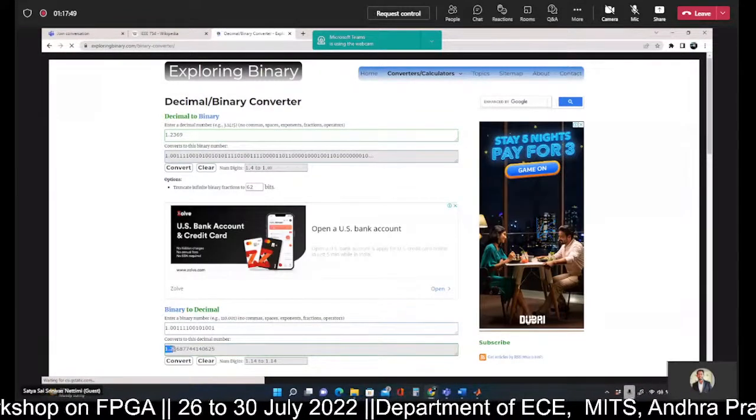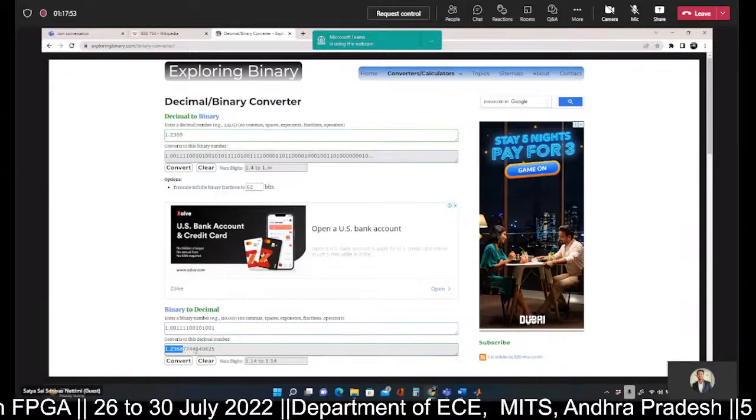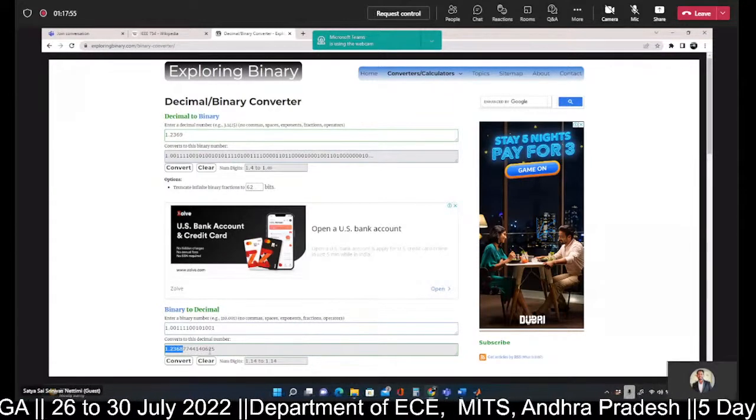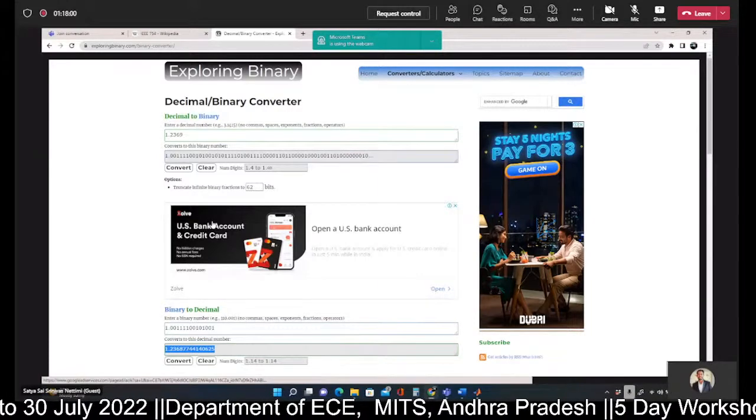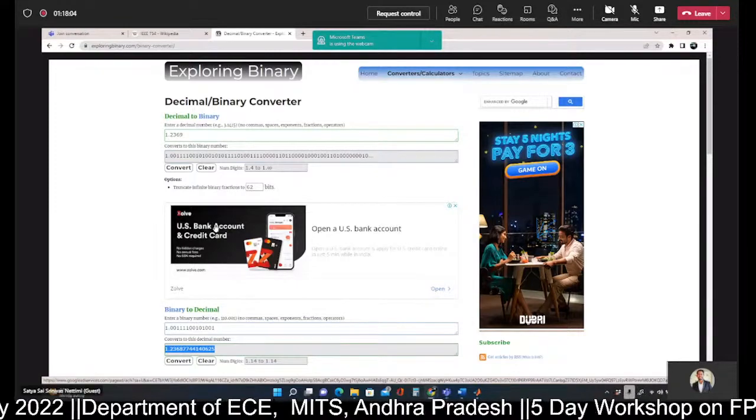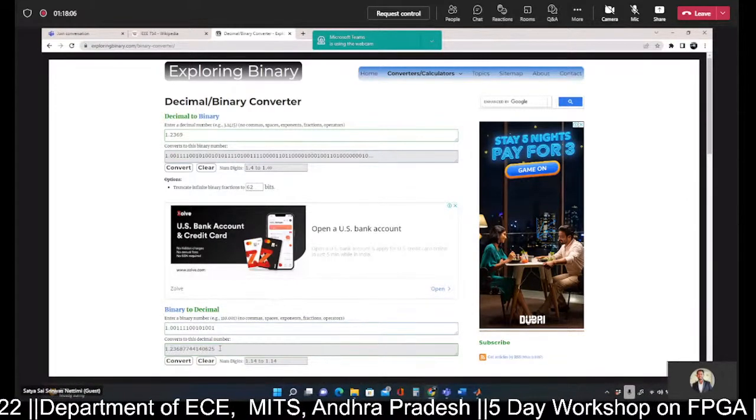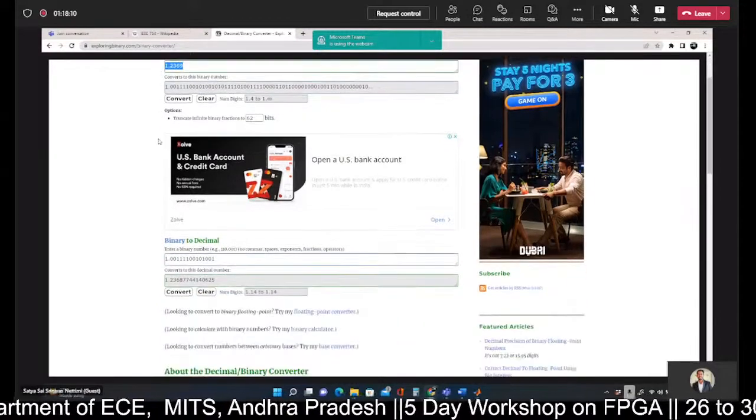So it is 1.236877744140625. So whenever you are representing with a shorter number of bits, that means you are truncating, obviously your precision will reduce. So our actual number that we have taken earlier is